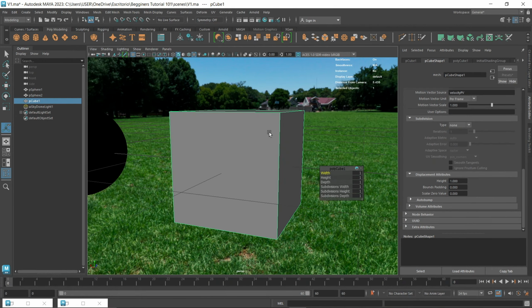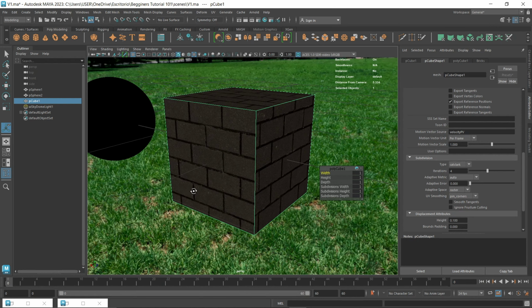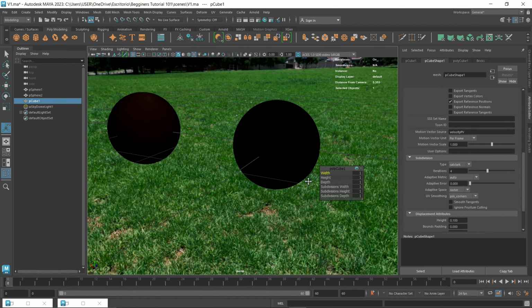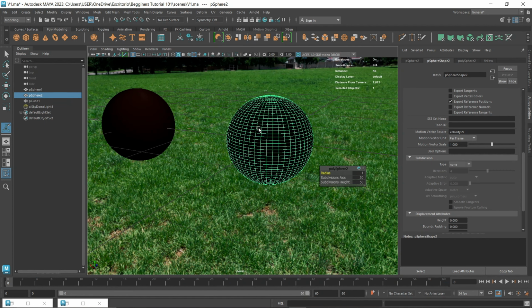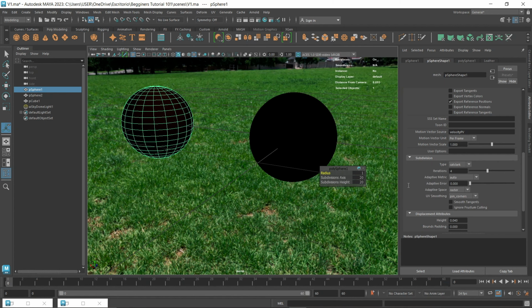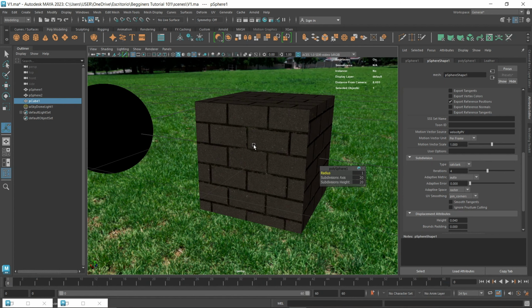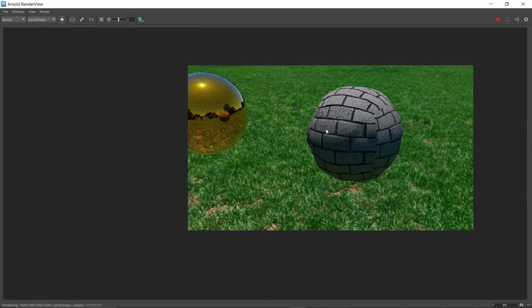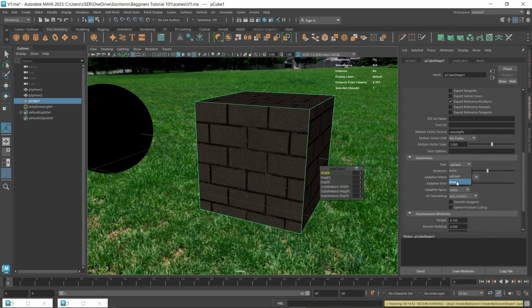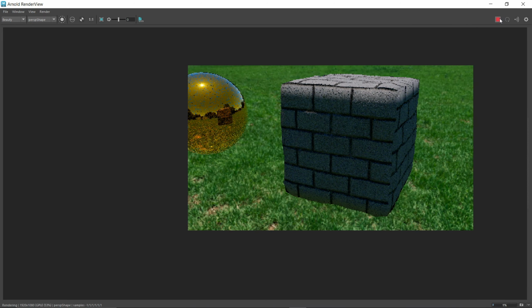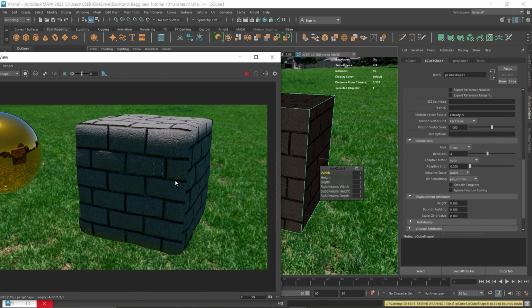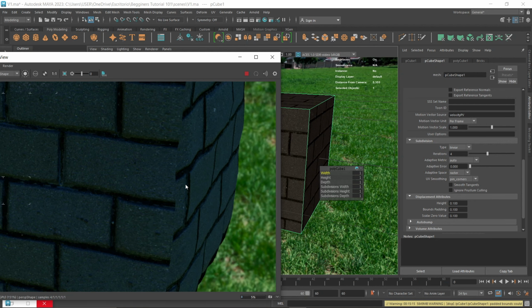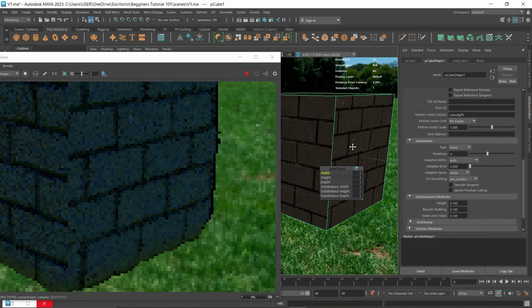So 1, 2, and here we have it. One thing with this one, you see these two objects are round, they are spheres, and in this one we don't use any displacement, but in this one we used the Catmull-Clark. For the cube, if we use Catmull-Clark, it will round the cube, so it will make a sphere from the cube. We want to use linear for the cubical objects. Okay, so in 4 we have quite a decent result, not the best, but it's because the texture is